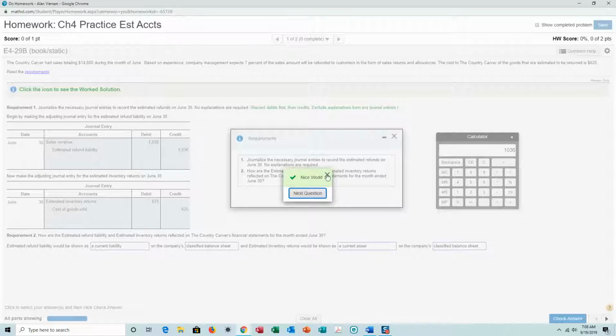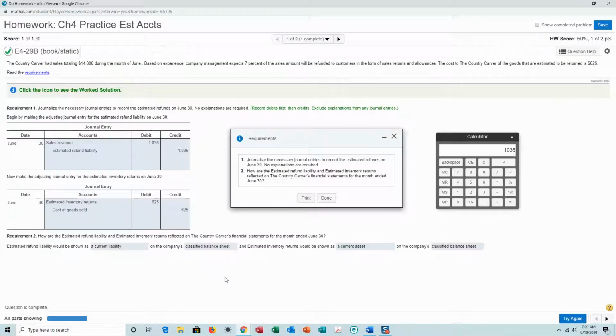So you can see that basically there are two new accounts. We're going to use the estimated refund liability and the estimated inventory returns to account for when a customer returns merchandise that he's purchased. Now we'll use this idea when we go on to the next problem. So let's just